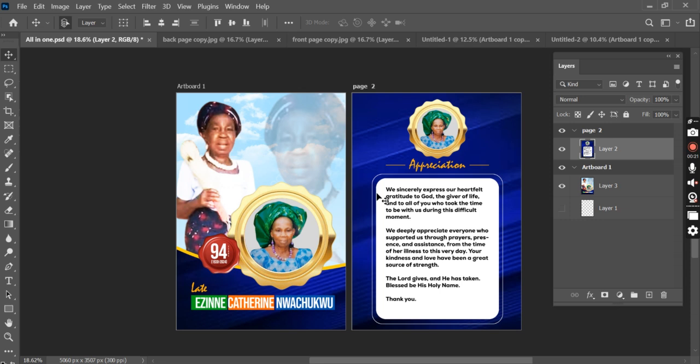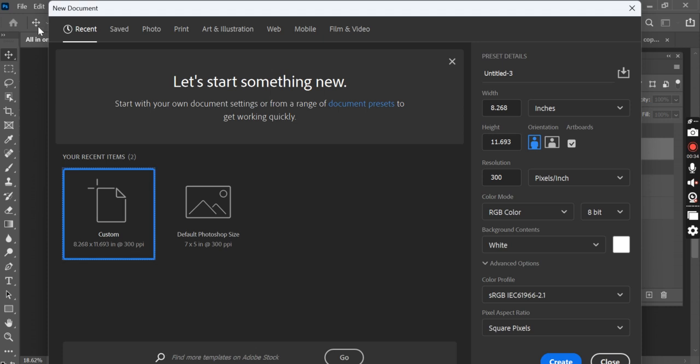All right. So I'm going to show you how you can have 2 or 3 or multiple artboards using one workspace. All right, so how do you do that? The first thing you do is go to your File, you click on New. Okay, and once you come to this place where my mouse is, you see Artboards. It's usually unchecked, so check it, make sure it's marked. Good. And once you do that, you click on Create,